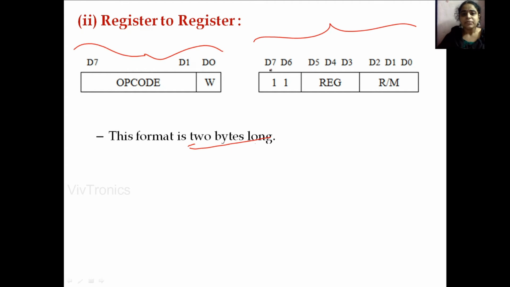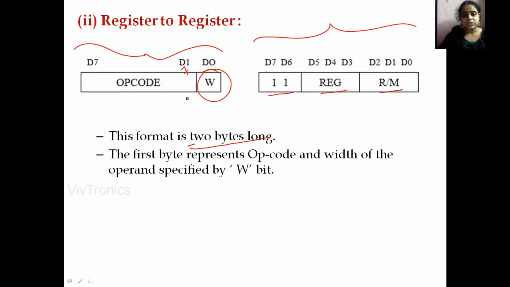So in this we are having 3 bits, R/M, REG, and D76 bits are 11, and in the next byte we are having opcode from 7 bits and the 8th bit is W. So what are these, and what is R/M, what is REG, all this you will see in later slides. Okay. So the first byte represents the opcode and the width of the operand is specified by the W